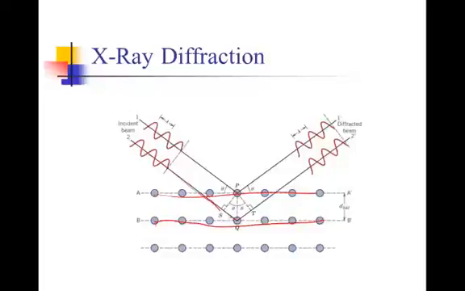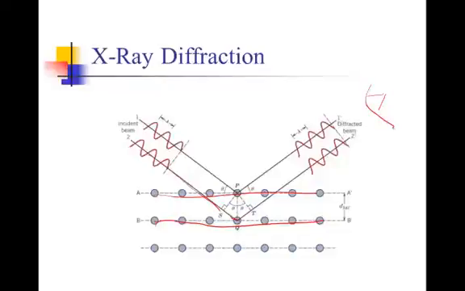And the ones that bounce off of the lower planes within the structure before they come out, those will travel a longer path than the ones that bounce off of the top. Those X-rays, because they traveled longer before they reached our detector up here,